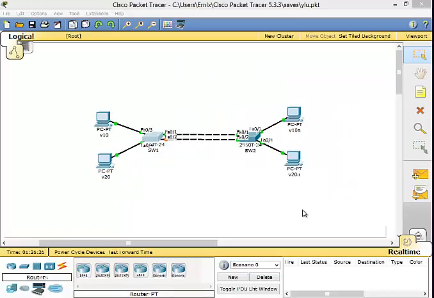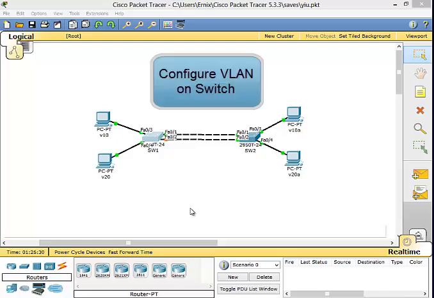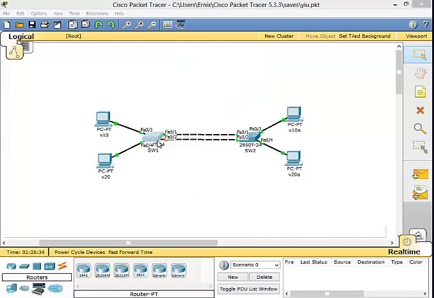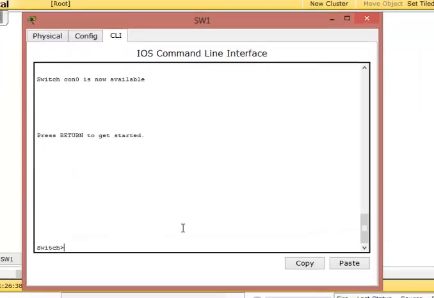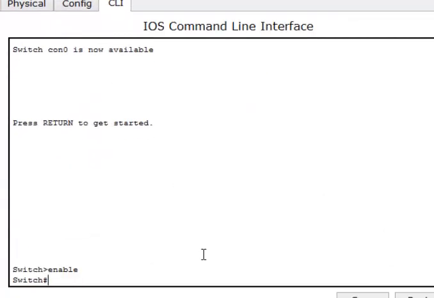After we prepared our network topology, we will now be configuring the VLANs on the switch. To start, we will create VLAN on switch 1. Type enable, enter, and type configure terminal.